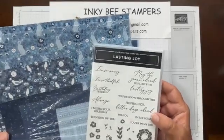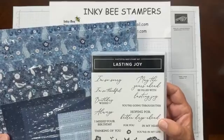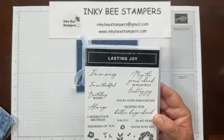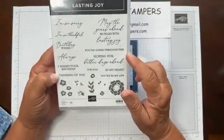Sorry, I was off screen there. The Country Corner suite of products. And just lovely, lovely blues together. But the Lasting Joy stamp set, you'll find this stamp set